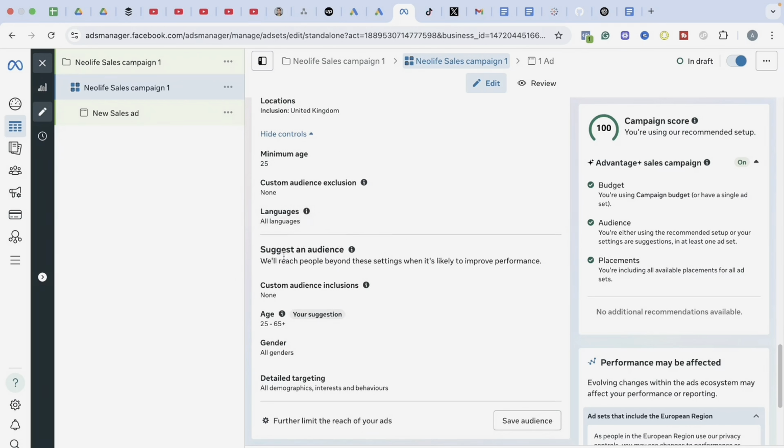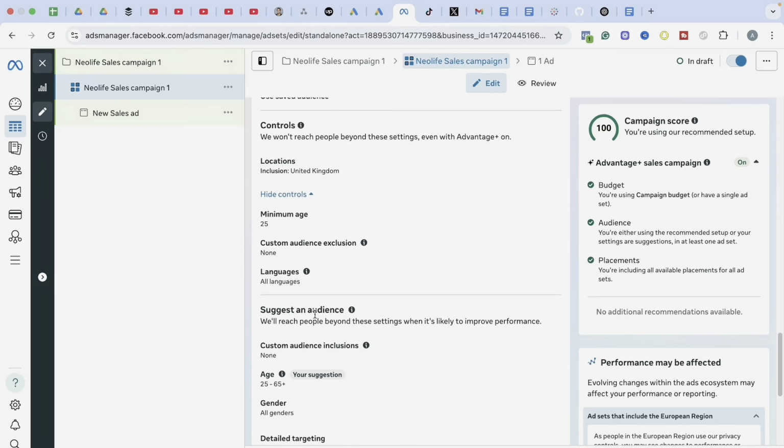Then you come to suggest audience. You will be surprised that I'm trying to combine audience control and suggest audience together. It is advisable to set limits for Facebook, give instruction to Facebook in terms of location and age, and also give suggestions to Facebook.